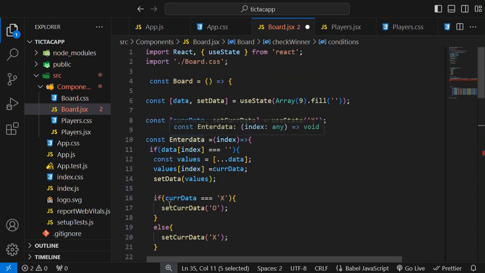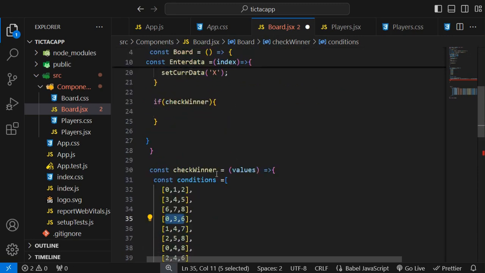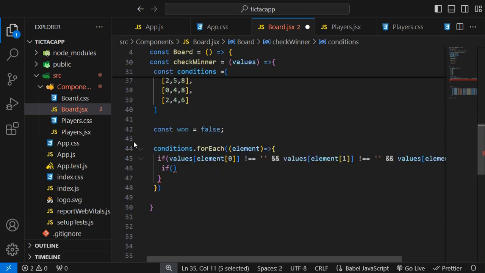Here we have only 2 values which are x and o. So we have to type here that if all these 3 elements are equal for any iteration of this loop,